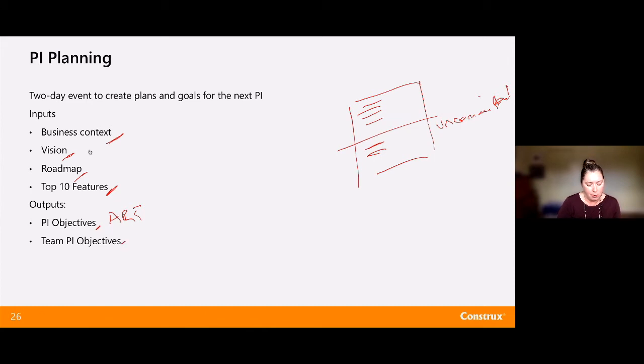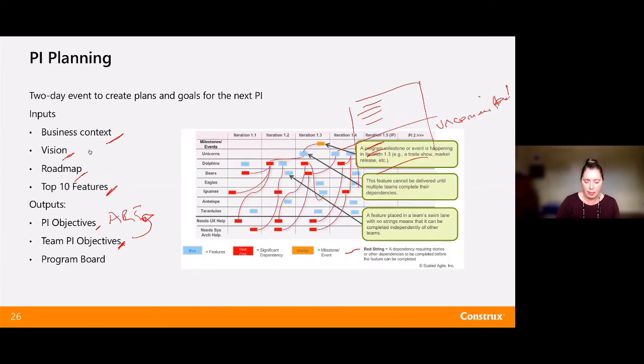Then every team will have its own set of team objectives. So what are we doing that is part of these overall objectives? What is our piece of this puzzle that we're going to be building in this upcoming program increment? We'll also have a program board. The program boards are nice because they really visualize the dependencies across teams. You can see these very large boards that have each of the iterations or the sprints in them. I have each of my teams, and then I have this chaining through it of what the teams are going to deliver and when I expect that delivery.